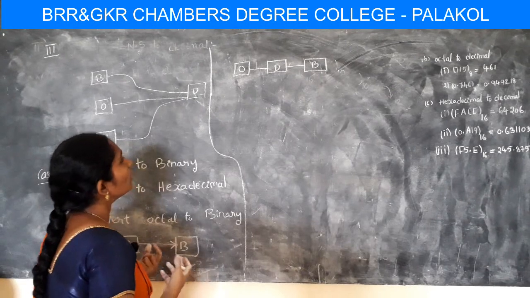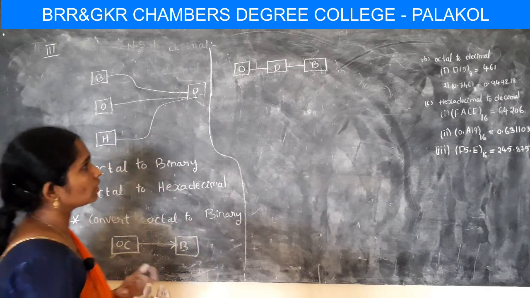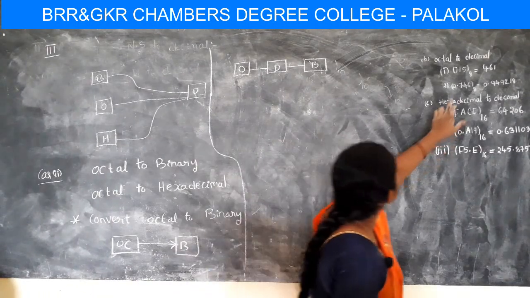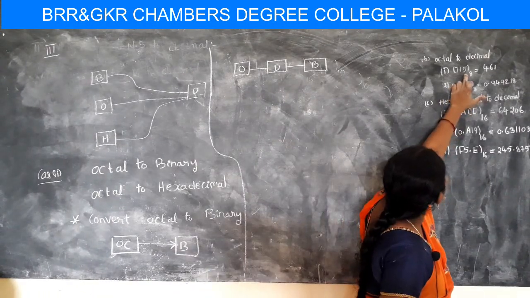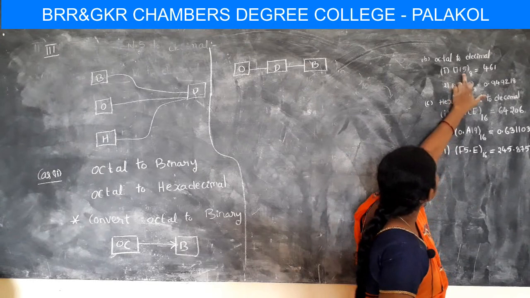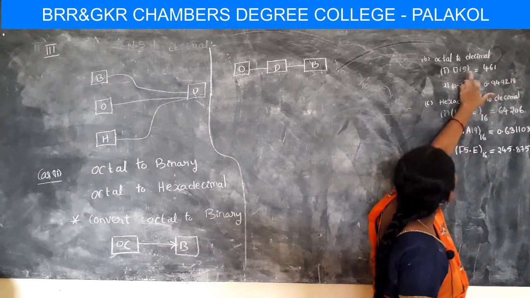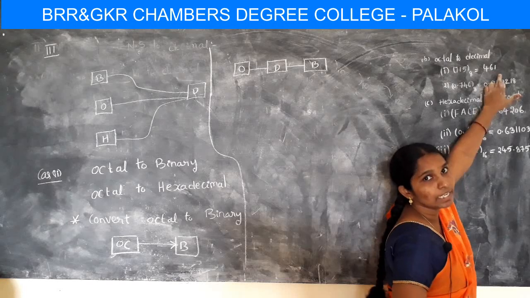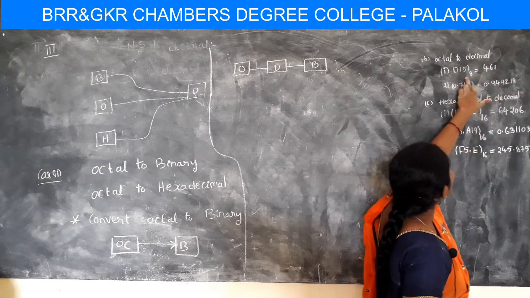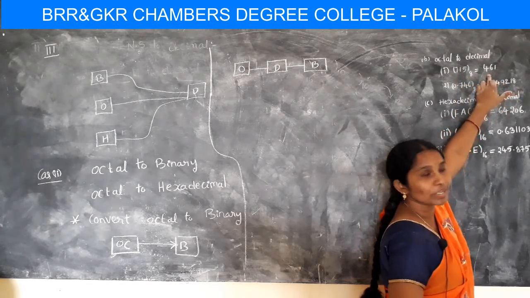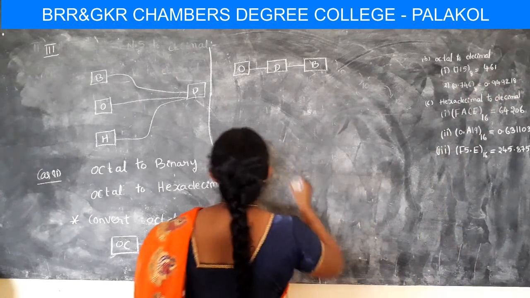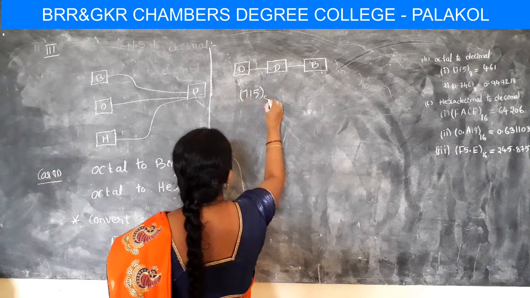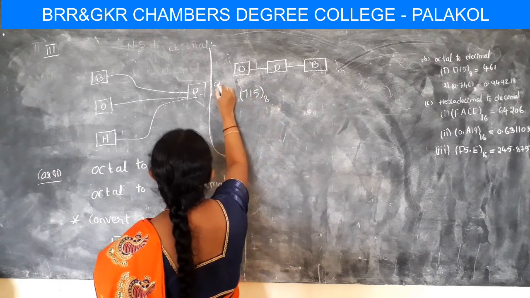So for example, in the last presentation I have explained. So this is 716, an octal number. So this octal number is converted into the decimal number system. So that is 461 in the decimal number system. Now I consider the same question here, 715 is an octal number. So this is step number 1.